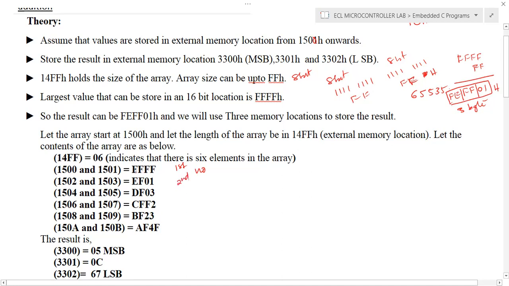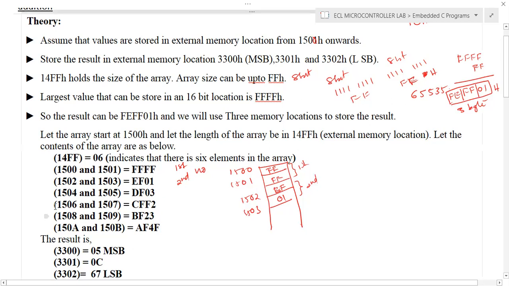So FF is stored into 1500 and 1501. If you sequentially arrange the memory, the first location is FF and the second location is FF. This is the first number. And the next locations, 1502 and 1503, hold the next value, EF01. This is the second number. Similarly, the third, fourth, and so on.